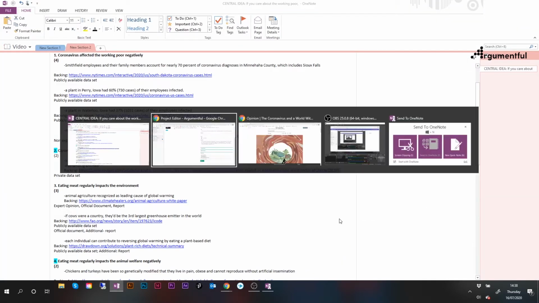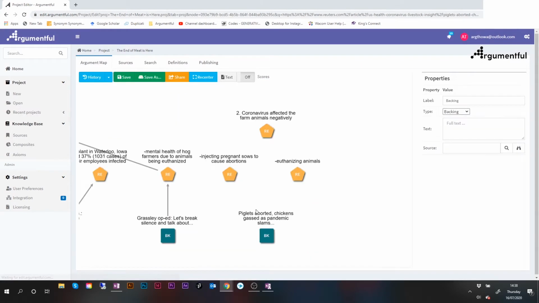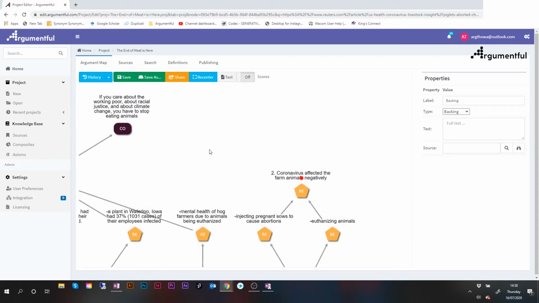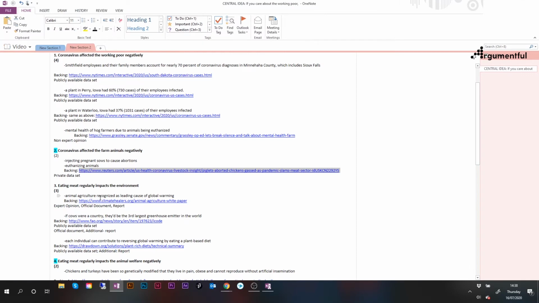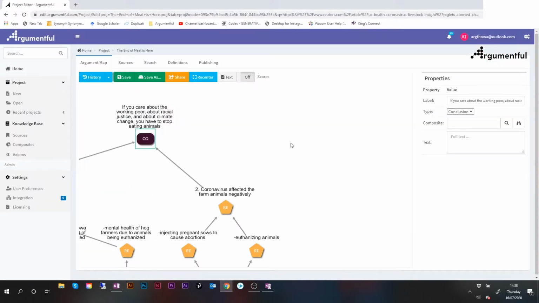This is a private data set, and connecting it to both reasons. And then each of the reasons to the subconclusion, and the subconclusion to our central argument. The third reason supporting the central argument